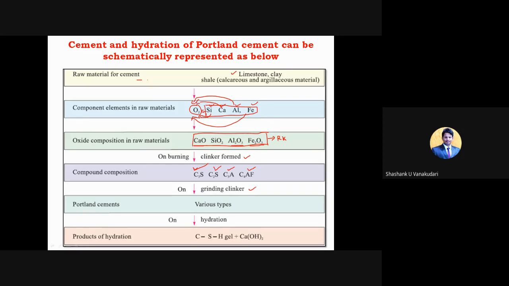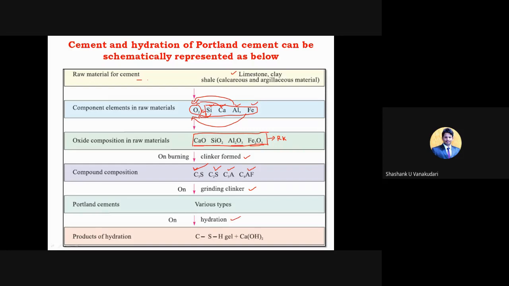These four compounds are then placed in grinding to give a homogeneous mix. By adding gypsum, it forms Portland cement. By adding other additives, it may form other cements. By adding some extra lime content, it may form lime cement. By adding color, it may form white cement. So depending upon the various applications, that cement is generated after the cooling process of the rotary kiln products.